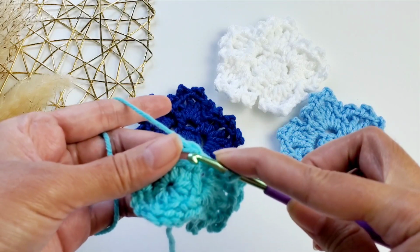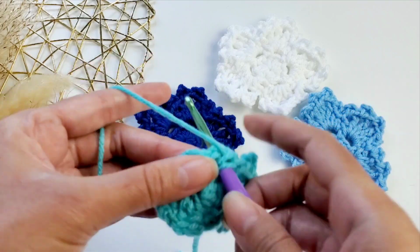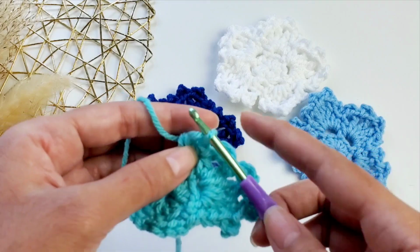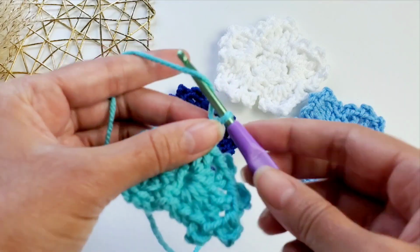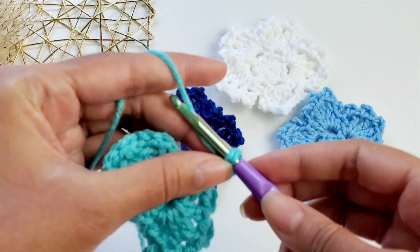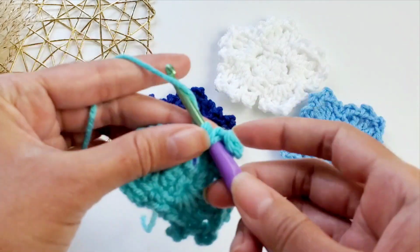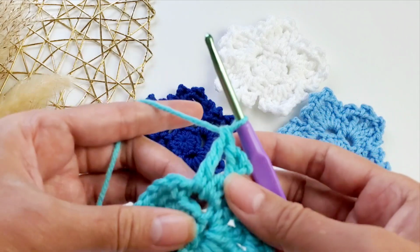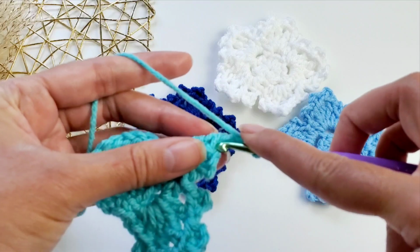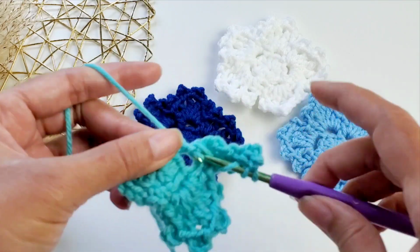So I will show you one more time. One half double crochet, one double crochet, chain 3, 1 2 3, go to the base to make the picot stitch, one treble crochet, chain 3, 1 2 3, picot stitch, again one treble crochet,